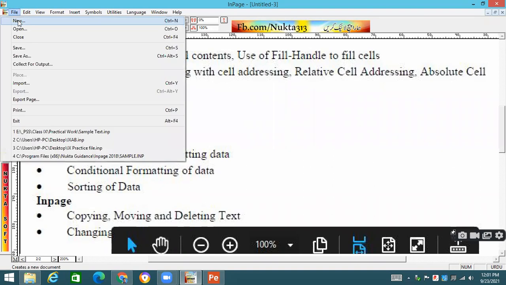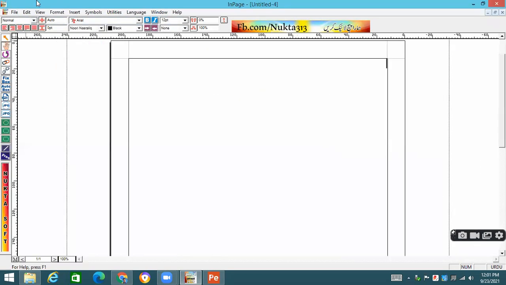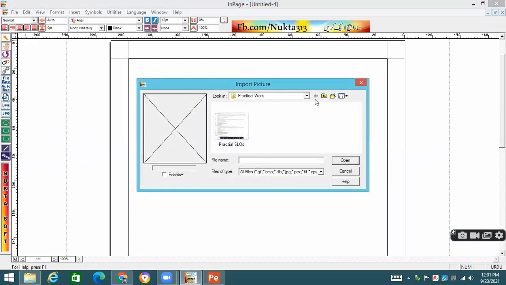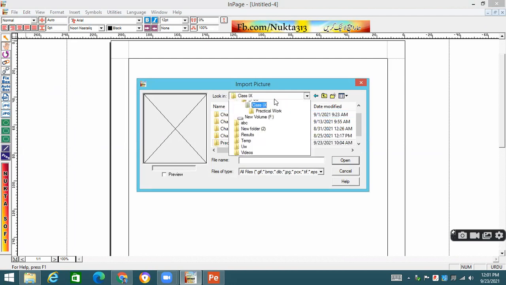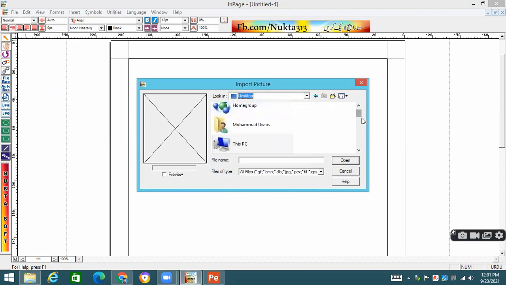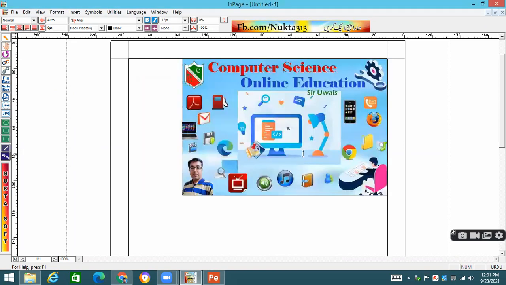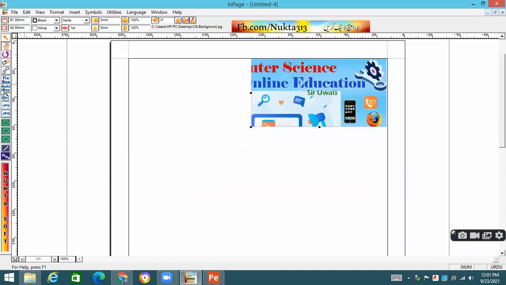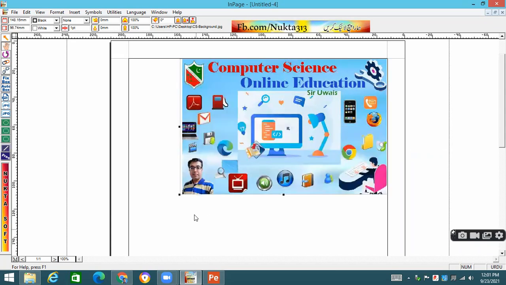For example, if I take a new file, I go to the insert menu and click on the picture option. Let me find some picture on my desktop. See, as background, this picture has been inserted in my page, and we can even resize it. So this was not working in the given toolbox, but we can change these things as well.